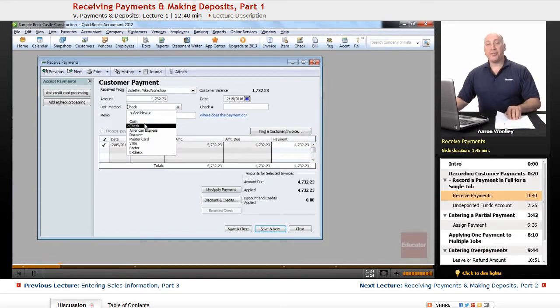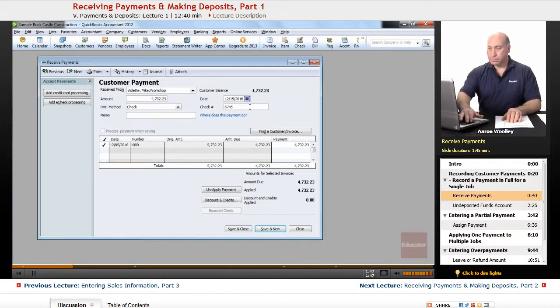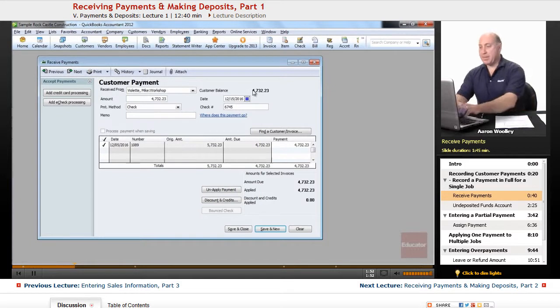As you notice, there are a variety of methods that we can receive money from. We can actually receive credit cards, and there's also online payments as well, but that's a much later lesson. So we're going to choose check. The check number that we're going to put in here for that check is 6745, and we'll hit tab. We can also put in a memo that this is payment in full,